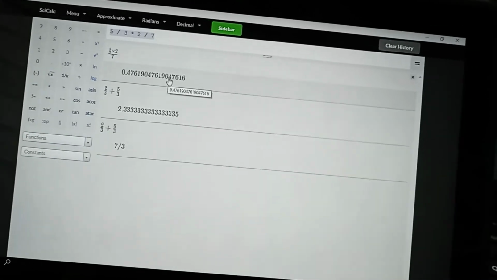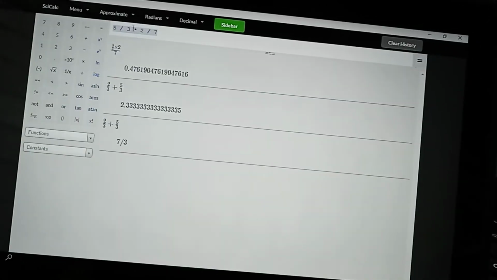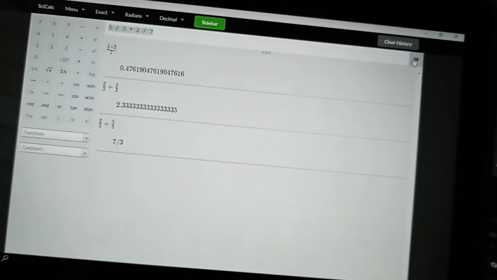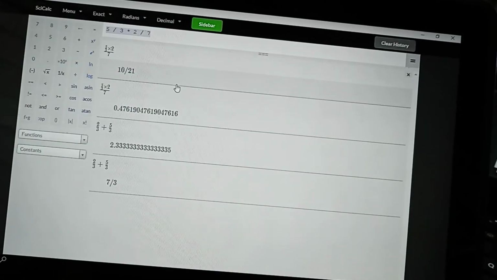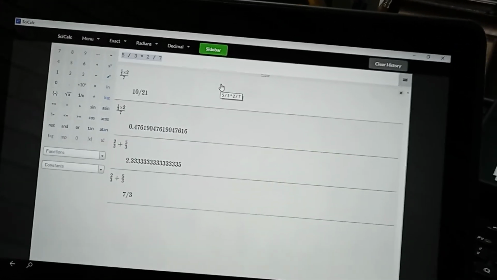It can give you a decimal, but if you wanted this answer as a fraction, all you have to do is go here and change to exact, and then go to equals, and you're gonna get the answer as a fraction. So this calculator is very good, so please download it and keep it handy